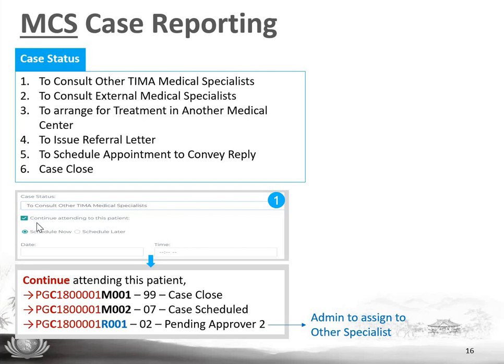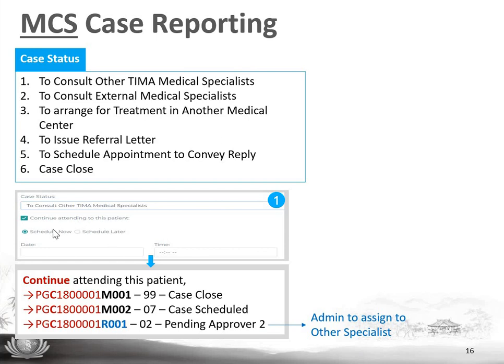Once subnumber M001 is submitted by checking continue attending this patient, subcase M001 will be closed and a new subcase number M002 will be branched out to get the doctor ready for the next consultation. At the same time, subcase number R001 is created for admin to assign to other TIMA specialists based on the case report.